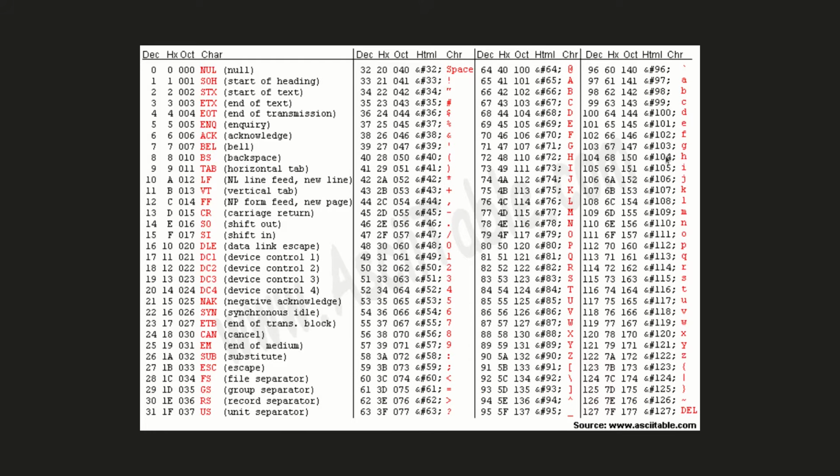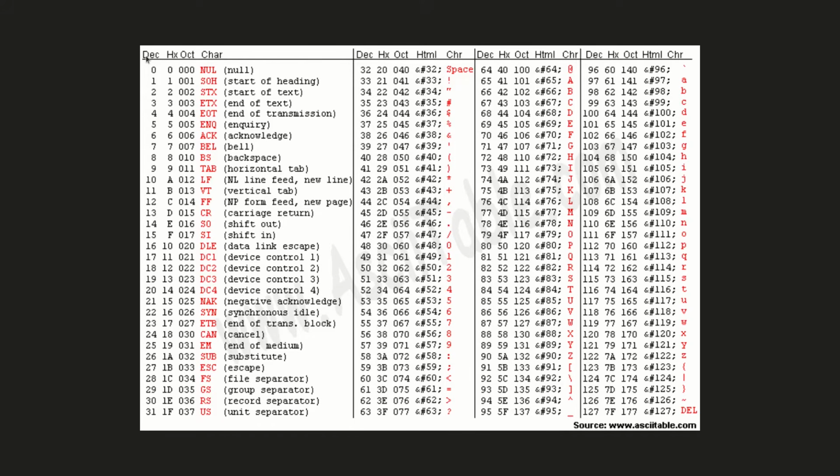Here's the ASCII chart. This is my favorite ASCII chart. There are many, and they all basically say the same thing, but I have a particular fondness for this one. It's one I've been using for a decade, probably. Here you'll notice there's decimal, hexadecimal, octal, and character.